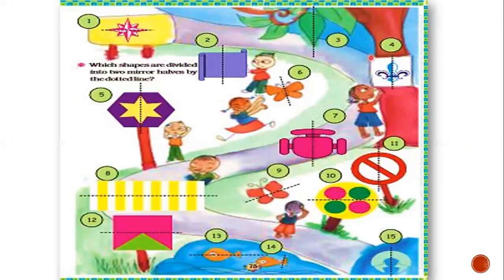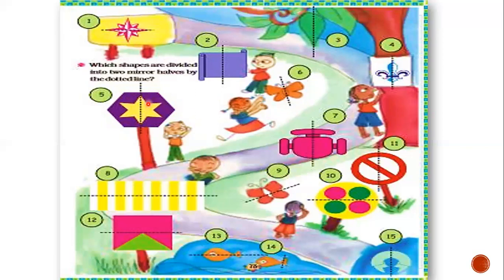Same, fourth one, the mirror is kept vertically here. And here one side, the left side, is colored blue, but on the right side the color is not there. So it's also a symmetrical figure, but we cannot say it is the mirror half as one side is colored and in the mirror reflection, the color will also come. So we cannot say it is the mirror half.